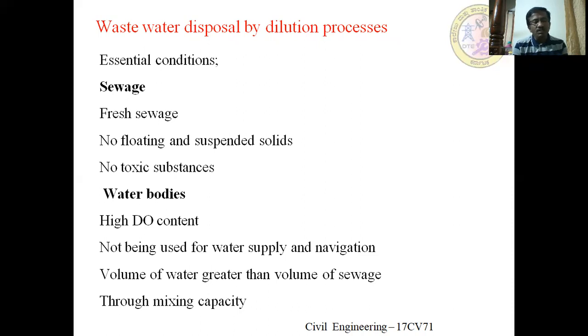For example, if there is a river or stream running nearby a town, then the wastewater generated in that town or city is disposed into the running water body. Once it is disposed, automatically the concentration of the wastewater is decreased, because the DO concentration, BOD and so on in the running water body are within the limit. By that, the concentration is reduced. Once the concentration is reduced, then it is easy to treat.